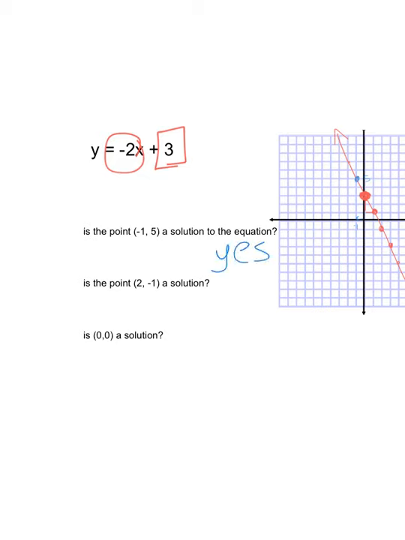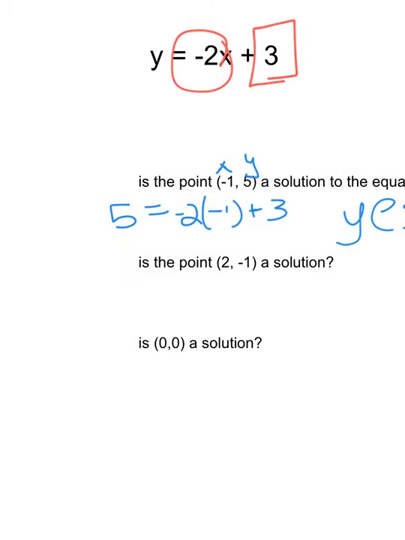I could also check it by plugging in negative 1 as the x and 5 as the y into the equation. So instead of y equals, it would be 5 equals negative 2, replace the x with the coordinate negative 1, plus 3. And then we can calculate. Negative 2 times negative 1 is 2 plus 3, and that does equal 5,